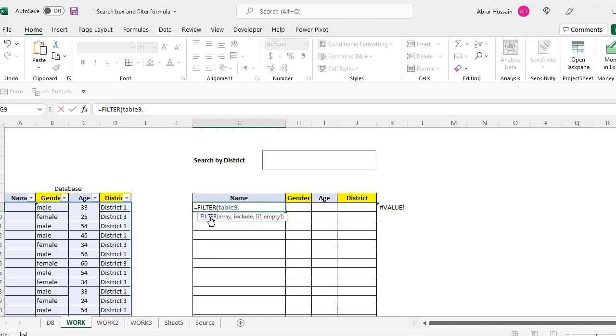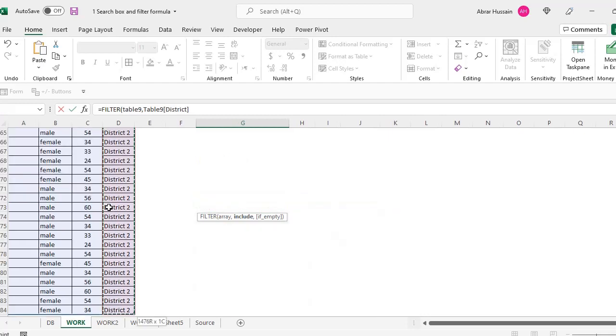First it asked me for the array, so that is Table 9, the complete database. Now it is asking me for include, which column you want to include for the search. Here I am doing it by district, so I need the district column. I click in the first cell and then Control Shift Down Arrow, so it selects the complete district column.